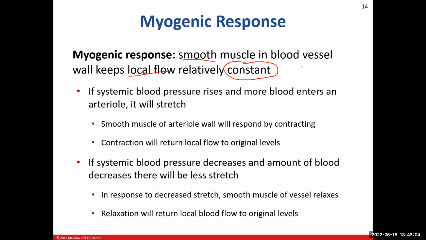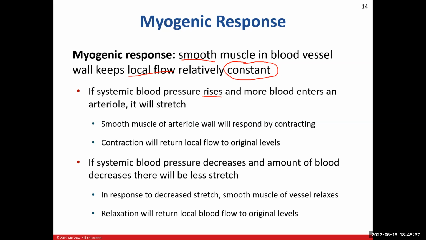So let me throw a couple scenarios at you. Let's talk about systemic blood pressure. You go in to your doctor and they put the cuff on your arm and they're measuring your blood pressure. They're measuring your systemic blood pressure. So in this scenario, we're going to see your blood pressure rises. And when the blood pressure rises, we all know the normal blood pressure range is 140/90. That's the high end. The low end is 90/60. So say your blood pressure is